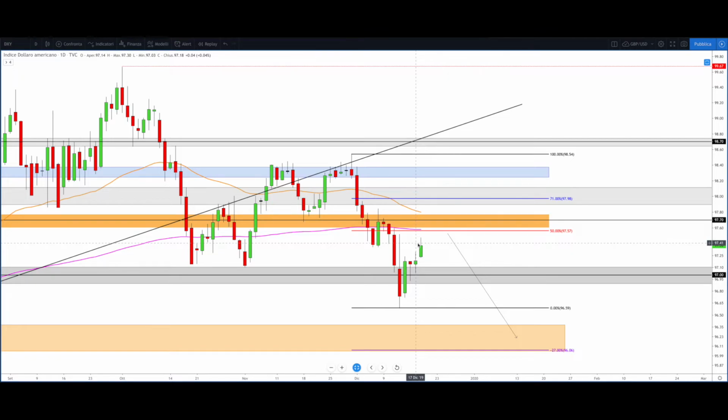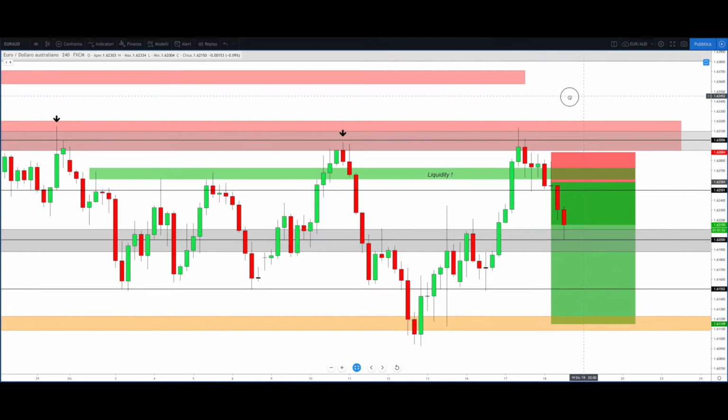And now that we have watched here on the dollar index the analysis here and on Australian dollar, US dollar, we have a bonus for you, because now we can watch here Euro Australian dollar,